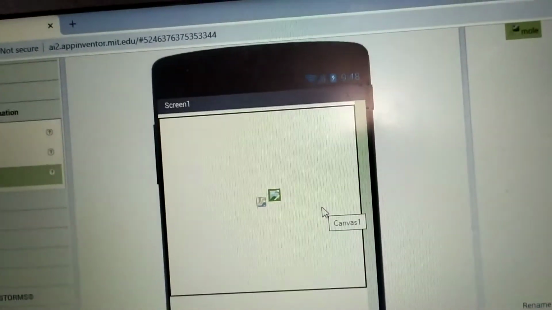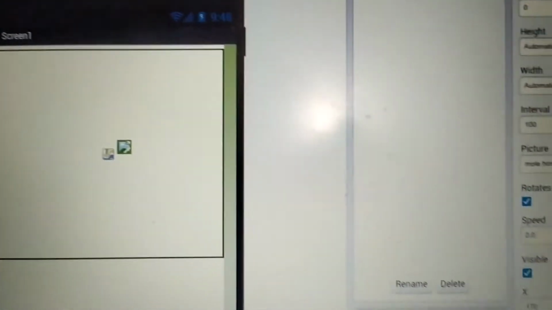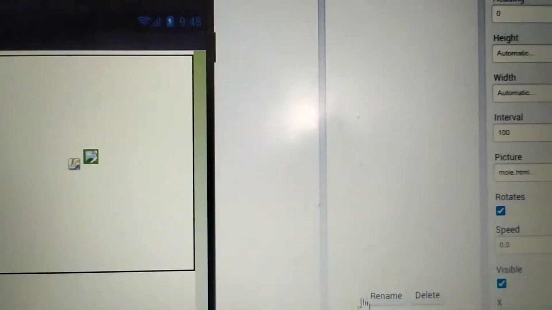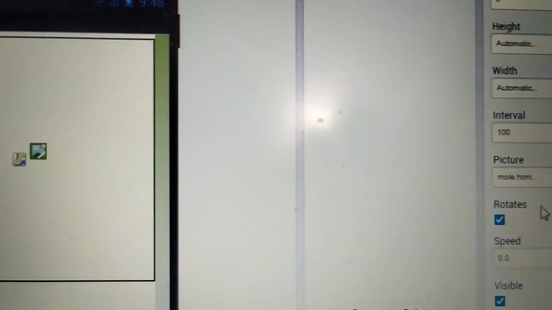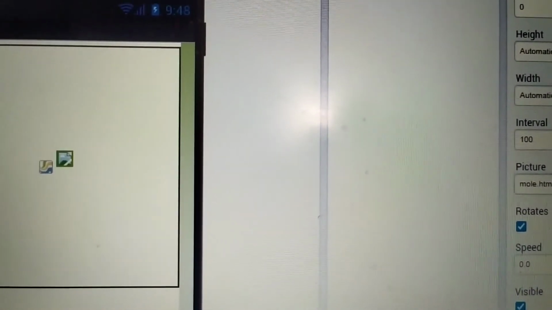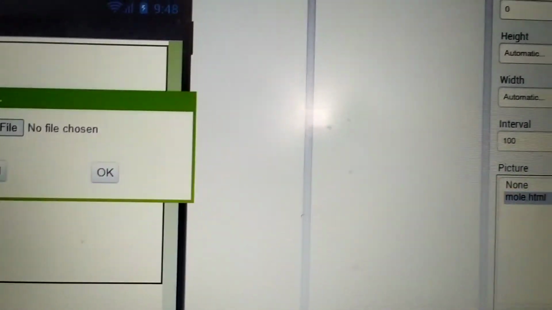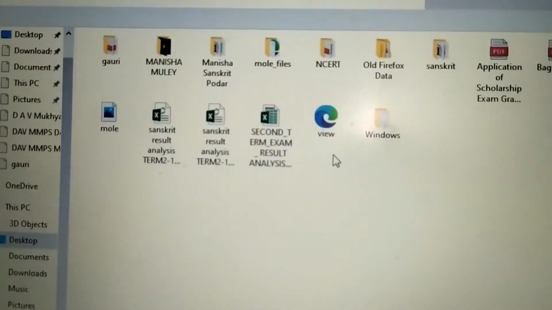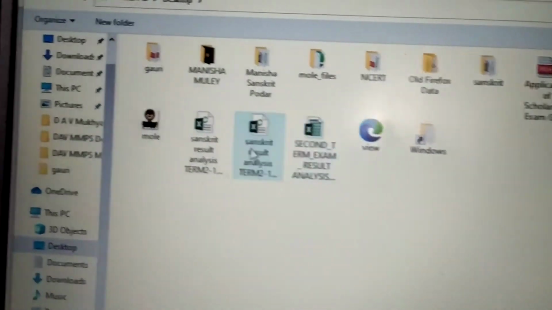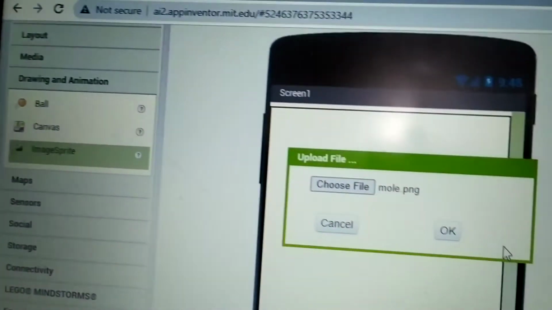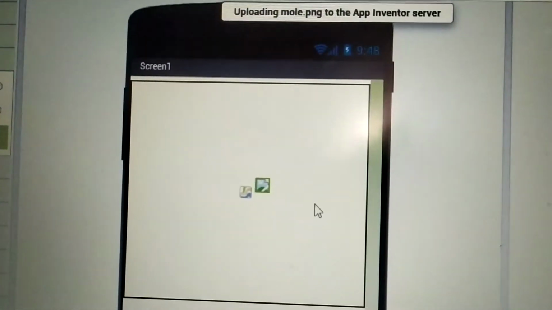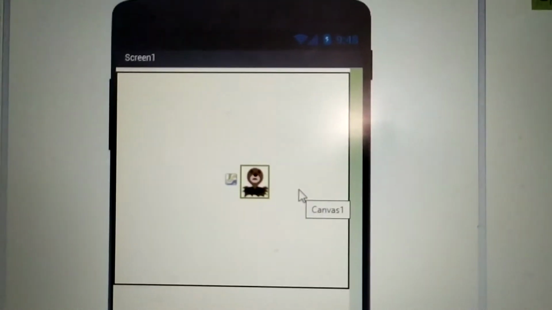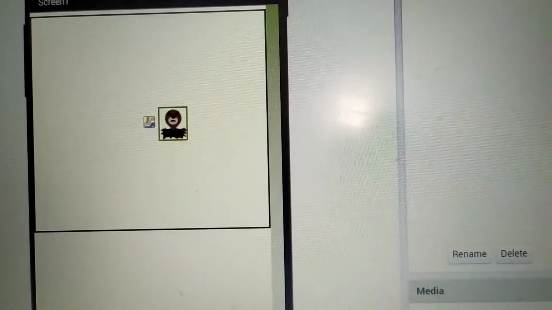Just a second. Sorry, I took another image. So click on picture, upload file, choose file, here it is, mole, click on OK. The image got added.